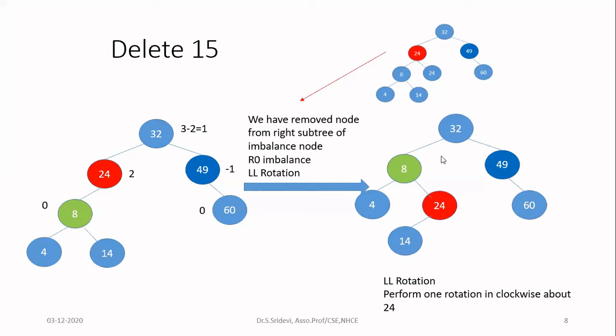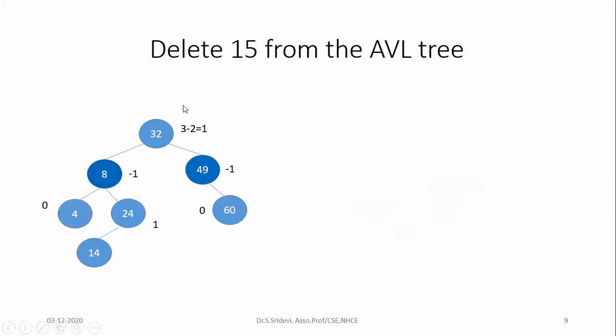So after the deletion and rotation is over, check the balance factor of the new tree formed. So here, this is the balance factor of the new tree. All the nodes are having balance factor in the permitted range. So what I can now do is, since the AVL tree is now balanced after the deletion, I can leave it. If not, you apply the balancing again by finding the suitable type of rotation.